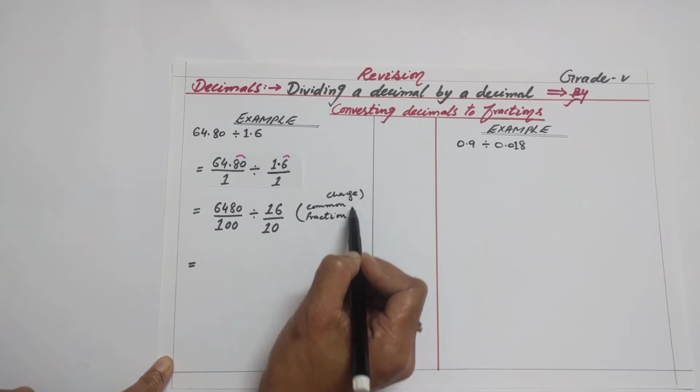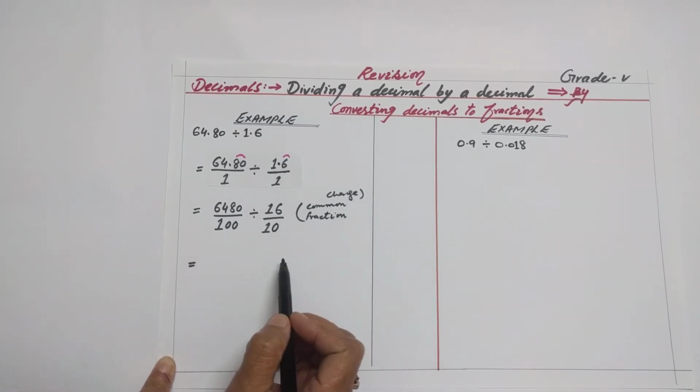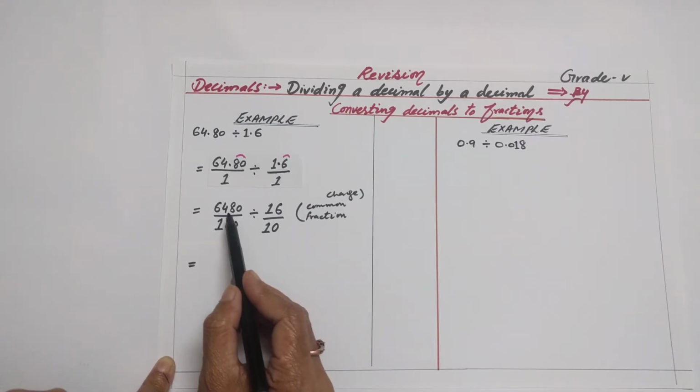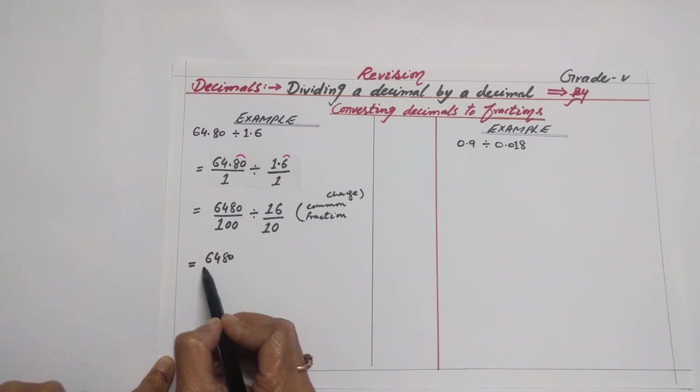We will change it into common fraction form. What is common fraction form? It means we will find the lowest term of these fractions. For this purpose, we will write the first fraction in the same form,